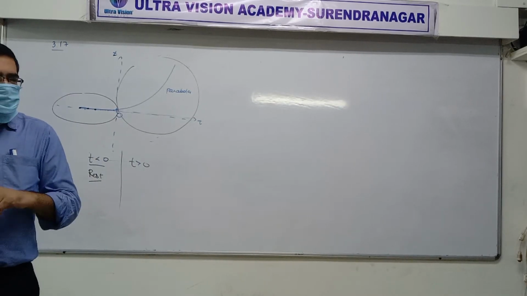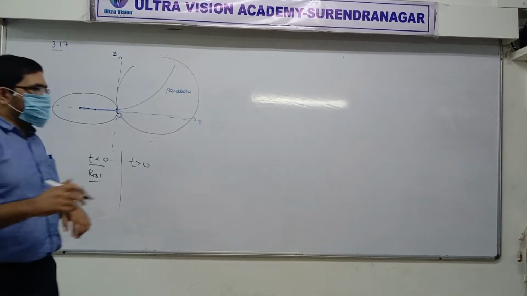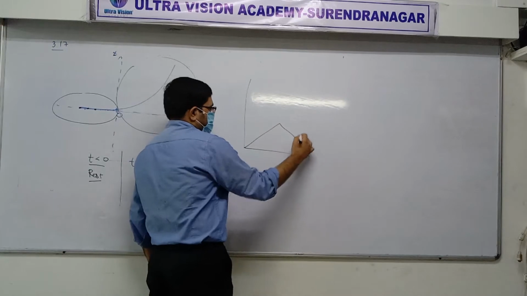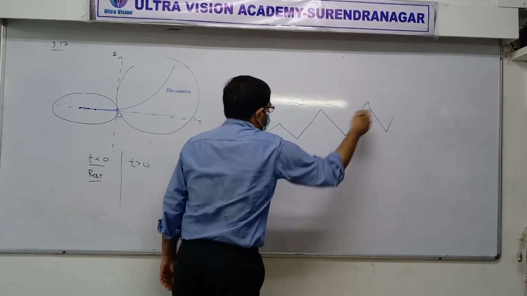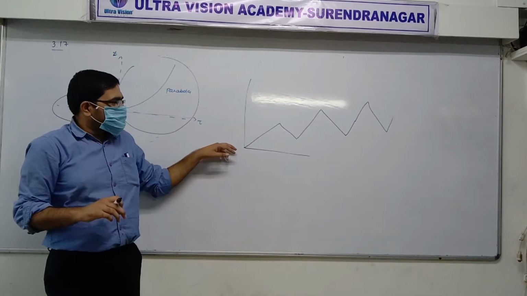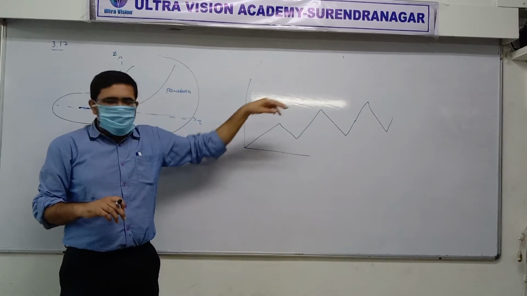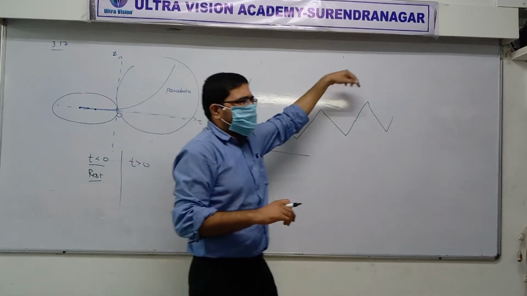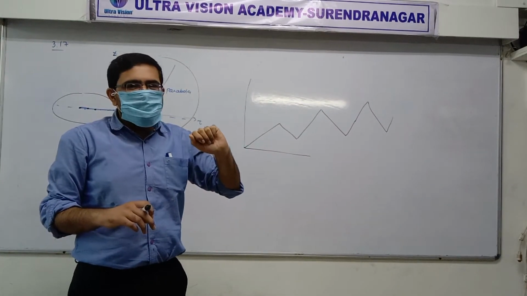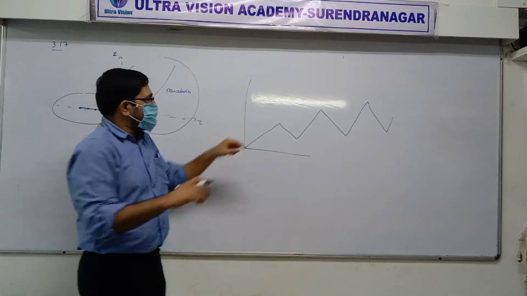Sure? Everyone clear about that? Yes, sir. Okay. Yesterday we all solved one question related to xt graph. That was the drunkard graph, right? What was the graph like? Like a little bit like zigzag, yes or no? Gradually. So in this case, how was the drunkard moving? Was the drunkard going up and then down and then up and then down? No, sir. Wasn't drunkard gradually climbing up towards heaven? Then 5 steps forward and 2 steps back. Okay. So what we have drawn here,